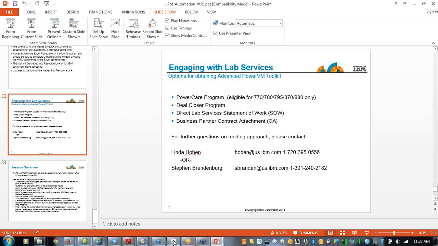So I want to just be clear. The way to get the tool is to bring in lab services, and they install the tool for you, and then after the tool is really yours. So everybody just understand that. This is not something that today you can just go out and download from somebody. You do this through a lab services engagement. That's correct. Right now, that's the way we're delivering the tool. Everything's subject to change, but that's it today.